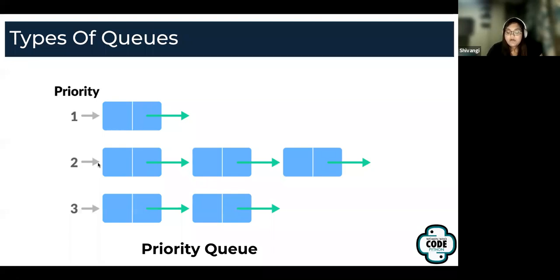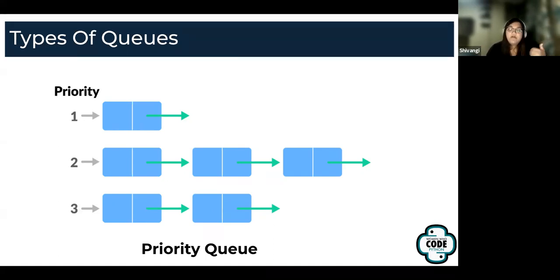That means two or more things have the same priority. In that case, what essentially happens is you go in the order in which they were inserted in the queue, right? So if I have to remove items from the queue, it's going to be this way. You would start at 1, and then you would move from left to right, and then you would go down, which is the second priority.